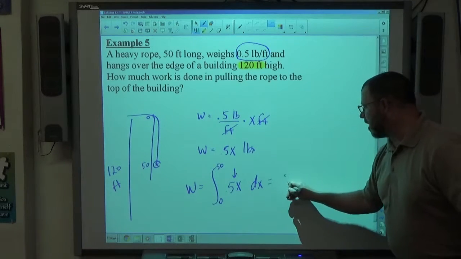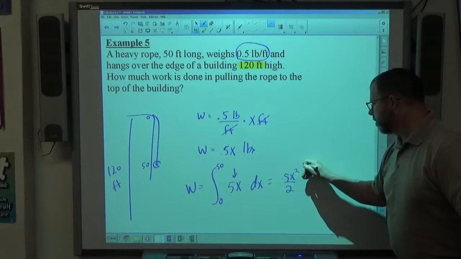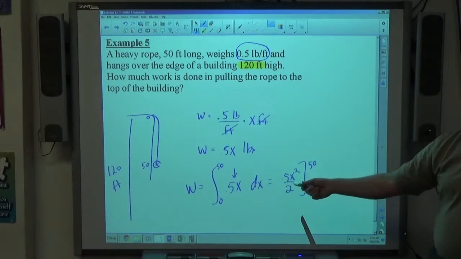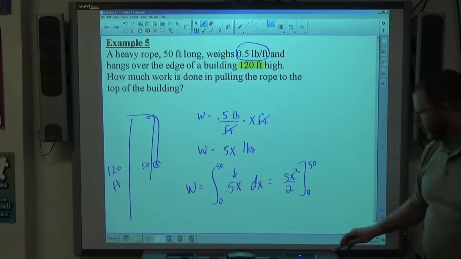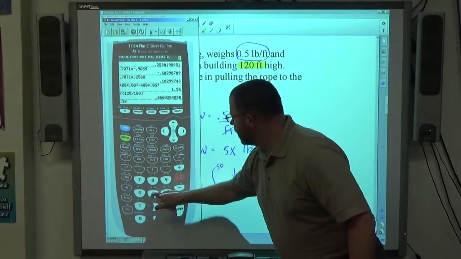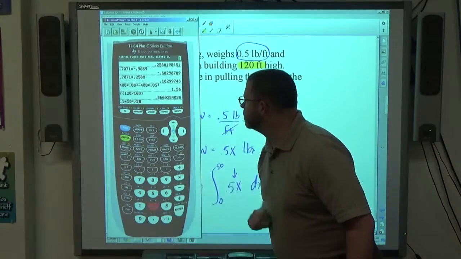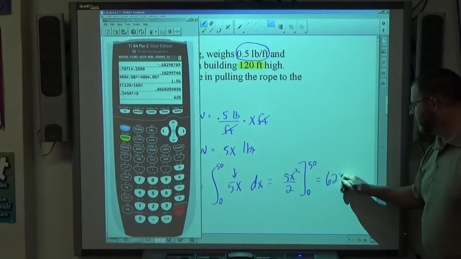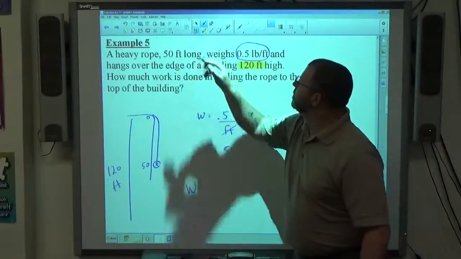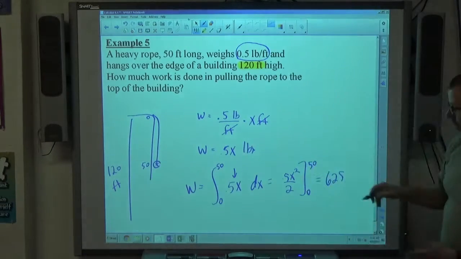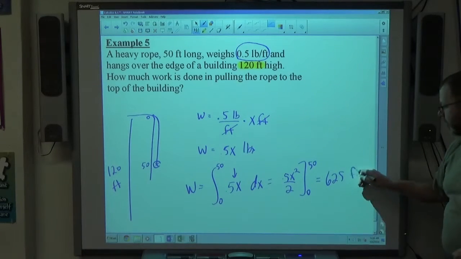0.5x is going to be 0.5x squared over 2. We're going from 0 up to 50. I could make that 0.25x squared if I felt like it, but my calculator's evaluating stuff, so I'm just going to type it in. So 0.5 times 50 squared divided by 2 equals 625. Now notice, this is pounds and feet, right? So we're dealing with pounds and feet, so it's going to be foot-pounds for a unit